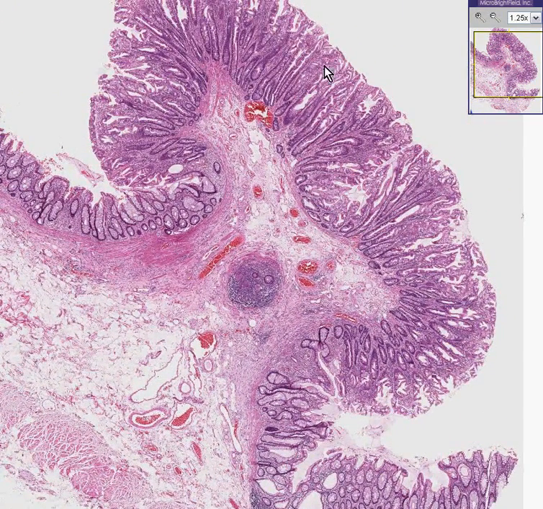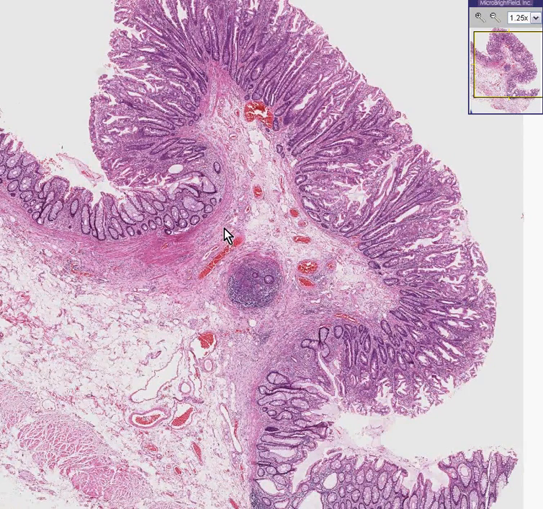This is a hyperplastic polyp. This will never turn into cancer. Notice there is a thickening of the mucosa. Notice there is a persistence of a nice uniform line of muscularis mucosa. Notice the submucosa extends as the stalk of the polyp, and you could get your normal vascular and lymphoid aggregates